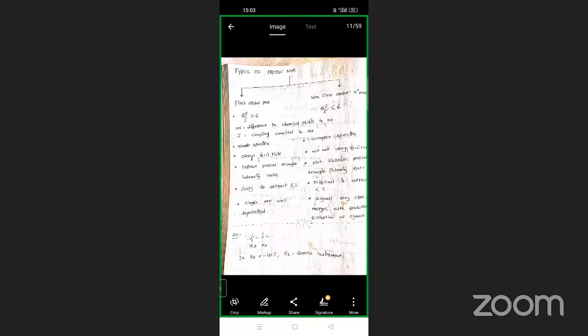So less than 6, a general J coupling constant value indicates a separation of signals here. The distance between the signals is the J value, the coupling constant. Because the J values are very less, the signals are very close and they will merge into each other, and the appearance of this spectra is very clumsy and very complex. And in the first order spectra, the signals are very well separated here,